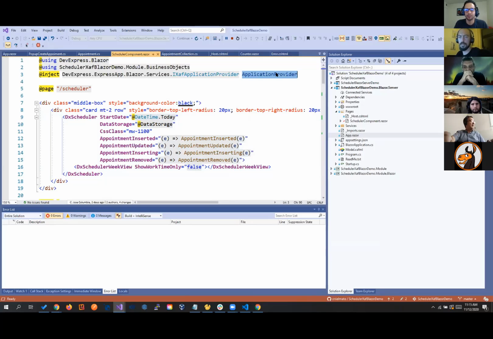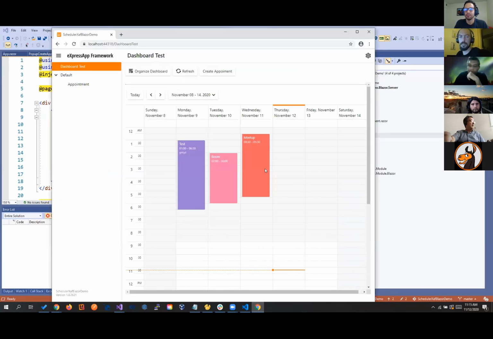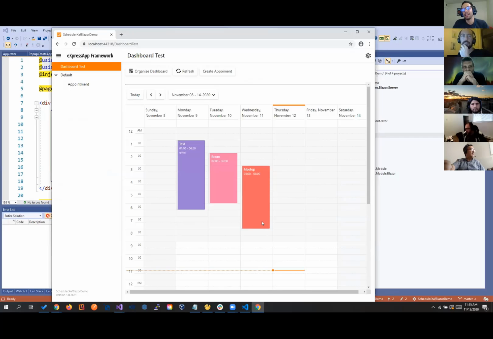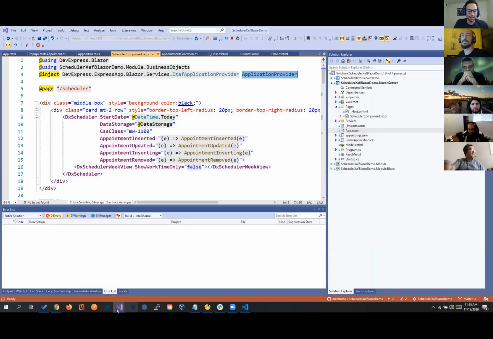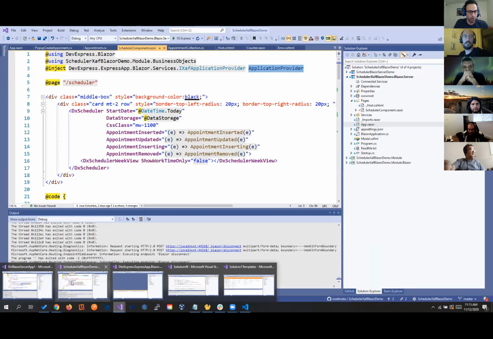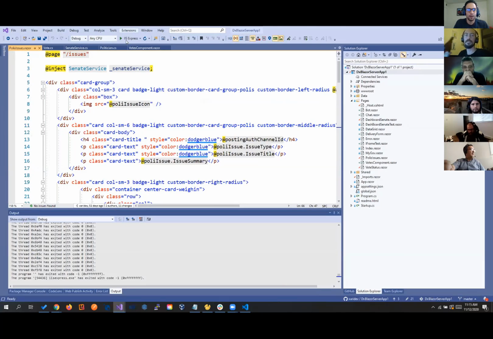We can have our object space, and it just works. I think that if you think about this for a second, that means if we're integrating here the dashboard, the scheduler control, and we already integrated the dashboard control, that means that we can integrate any control that we can think about. And I will show you something that I cannot show that project because it's for a client, but I can show you